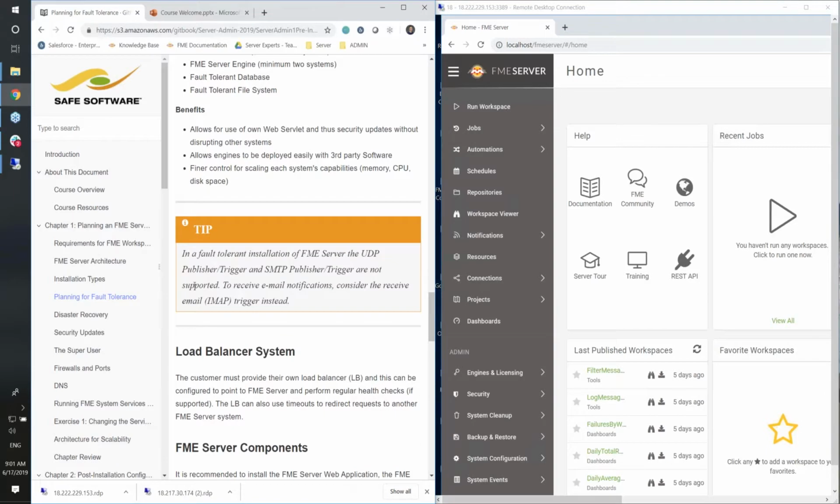So one thing to note about the fault-tolerant installations is your UDP and SMTP publishers are not supported in this configuration. You can try some interesting things with the load balancer to try to get those to work, but officially they're not supported, and we're trying to encourage people to use IMAP. I'm not sure if people are using SMTP much anymore, or if it's something they plan to have in their